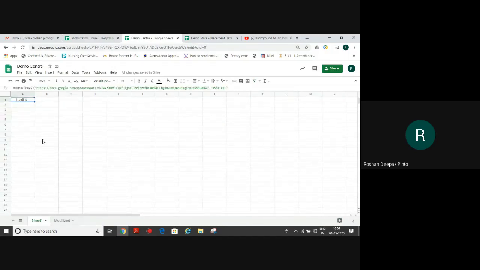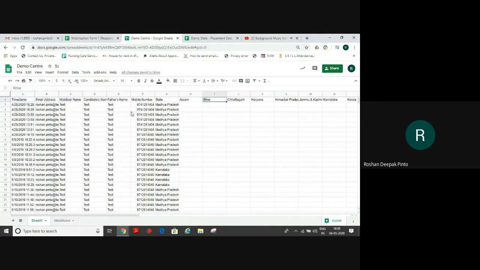It's taking quite some time. Okay, now it is working. You can see here it is calculating the formula. So there you are. The complete data has been copied from there to this sheet.